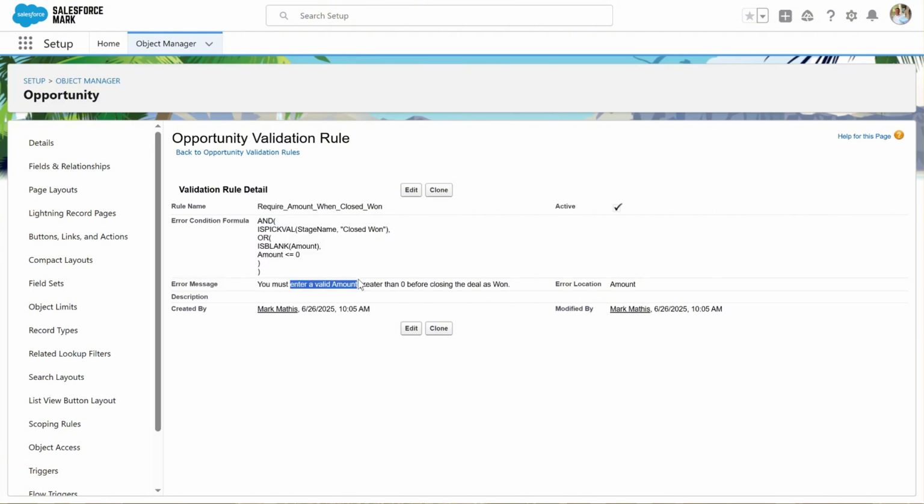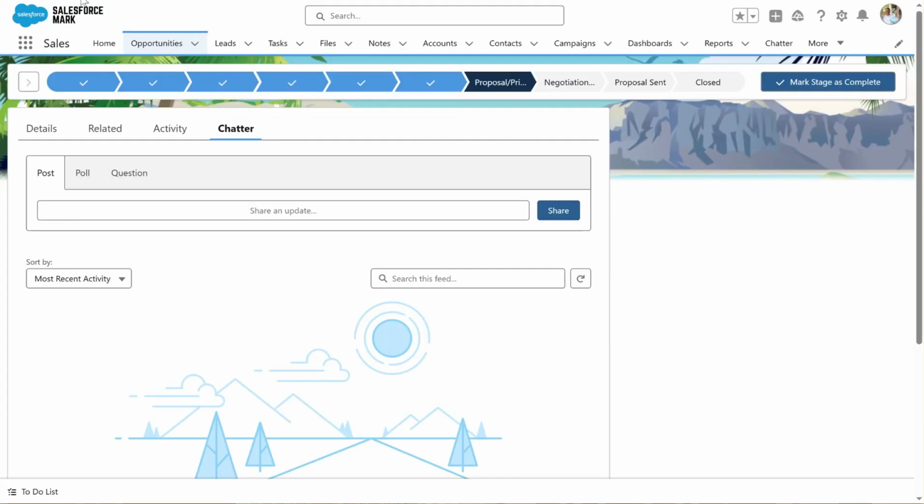So you must enter a valid amount greater than 0 before closing the deal as won. So this error message will show up on the page and give the user more information about exactly what's going on, so they can easily fix that error. And what that does is help to maintain the integrity of the data in the database at the very front end, so we don't have these issues when we go to evaluate our data in the back end. Okay, so that is the validation logic, and to test that, what we'll do is we'll go in here and